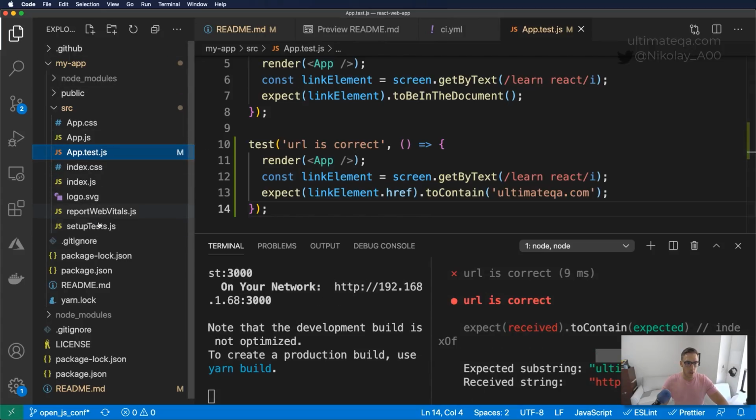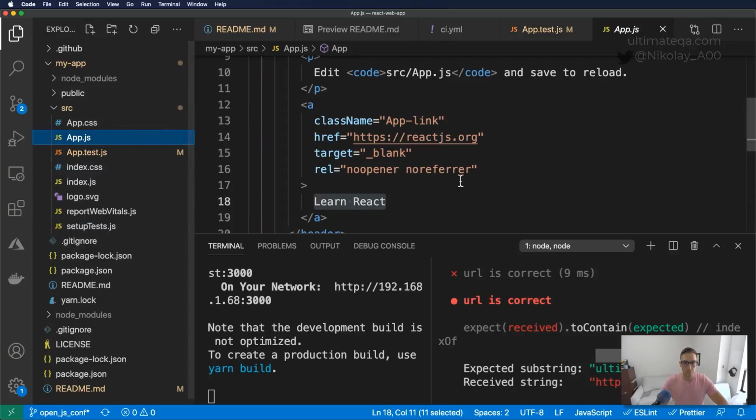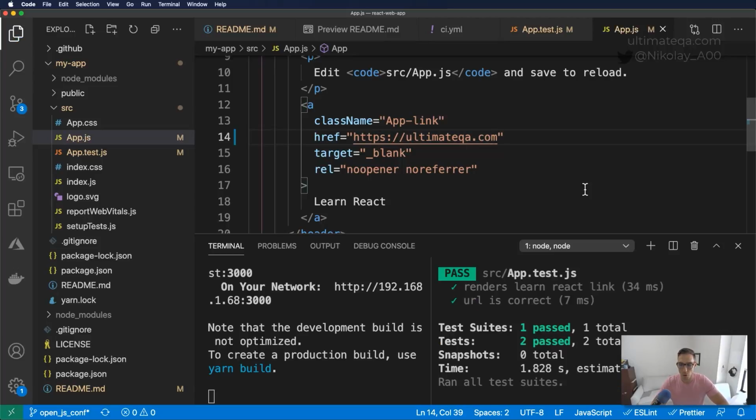So let's come here and go to app.js, and we will change the URL to ultimateqa.com. We're going to hit save. Our tests are going to rerun, and now both of them have succeeded. Also, while we're here, this link text is no longer correct because we're not going to learn React. Instead, we are going to learn testing. So let's put learn testing